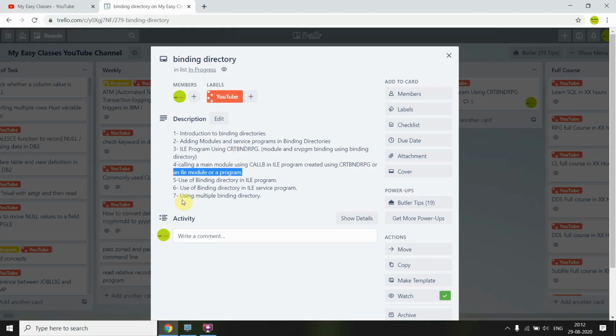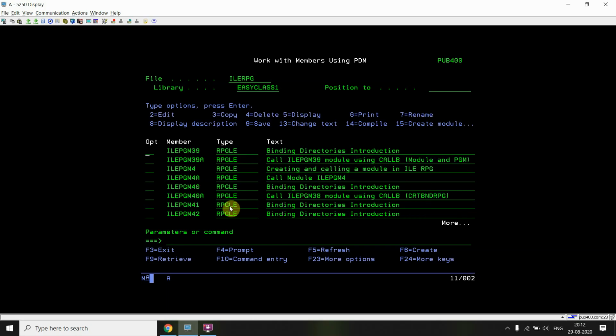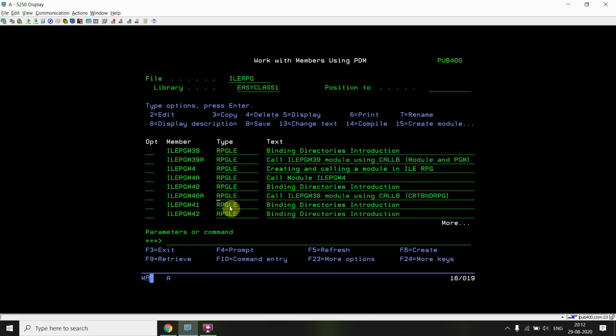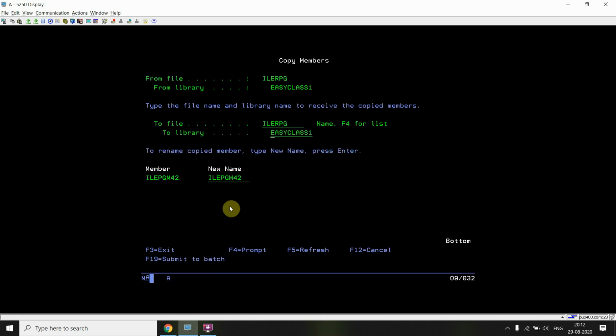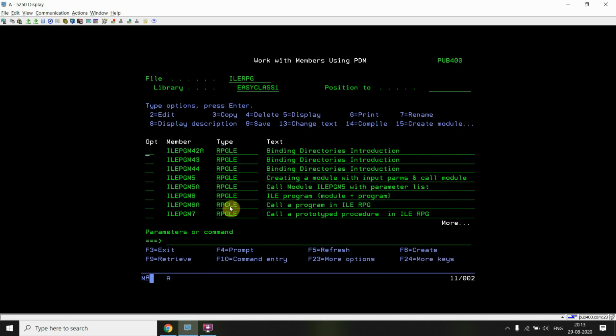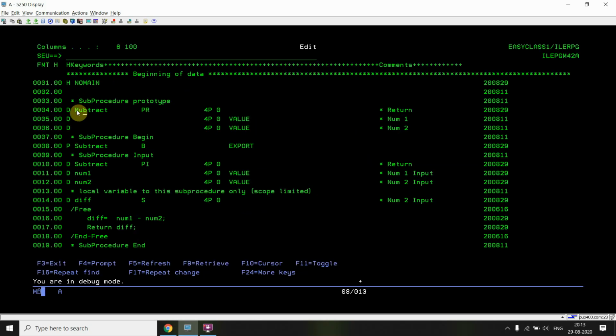The next thing is using multiple binding directories. In the same example I'll be showing you the same thing. What I'll be doing is creating one more module, ILE PGM42A. So let's see. Here I'll be using that multiply